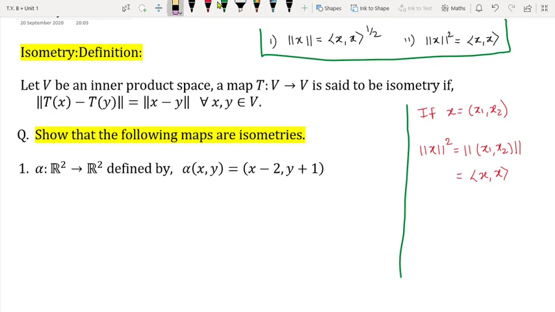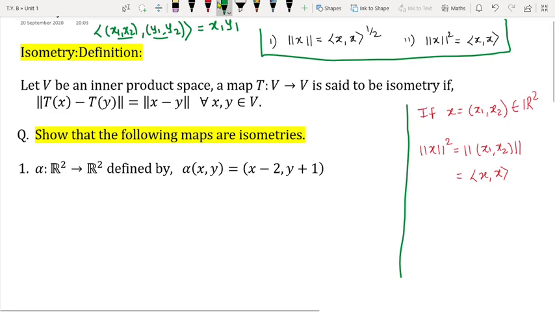But note one thing, whatever inner product we are going to use here, this is a point of R2, so I am going to use the inner product as the dot product that we have already studied before, right? So what is our dot product? Inner product of (x1, x2) with (y1, y2). I am talking about the dot product on R2, so elements of R2, right? This is x1 y1, the product of first coordinates, plus the product of second coordinates, that is x2 y2. So this is our dot product, right?